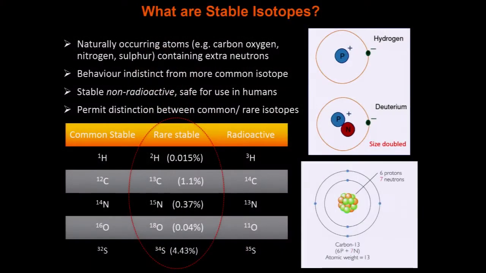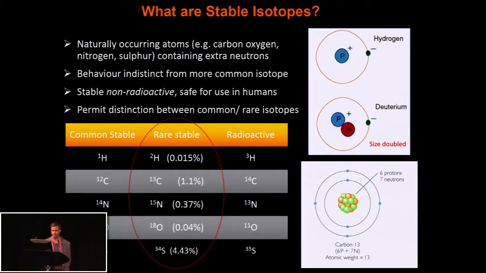This is another example here of a carbon atom. The most common form of carbon is carbon-12, whereas carbon-13 makes up only about 1% of all the carbon. The 12 is delineated by the fact that there are 6 protons and 6 neutrons, making the atomic weight 12. However, when you add this extra neutron, it makes it carbon-13. Many of the tracers that I'll describe today would be, for example, the deuterium form of hydrogen, or, for example, the